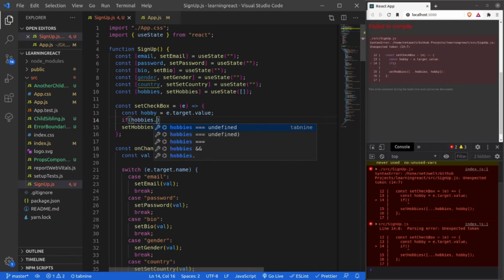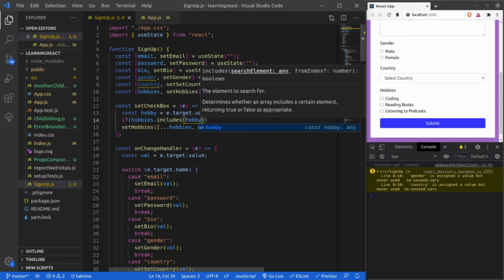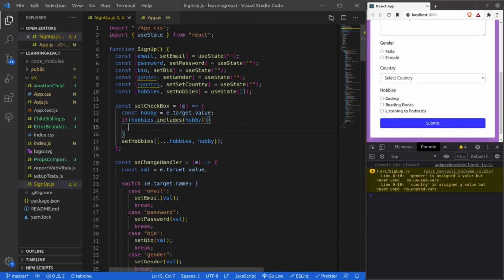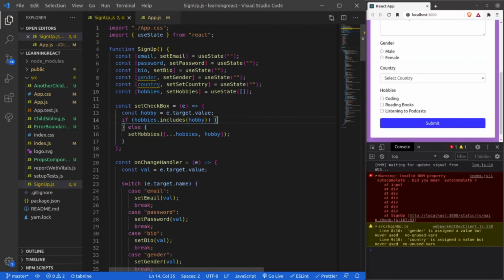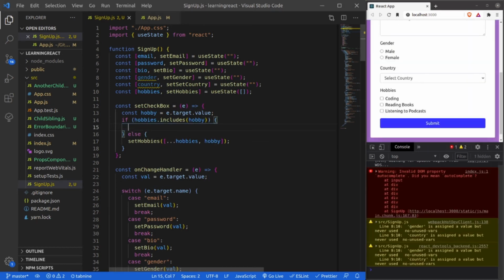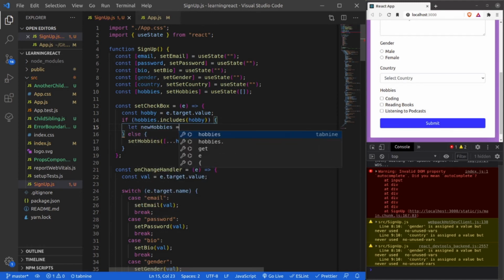If hobbies.includes hobby, so here I'm saying that if it includes the hobby, then what you should do, and if not there, then directly copy it. All right, now let's handle what to do if it is there. I'm going to create another array of my hobbies which is without this selected hobby. So for that let's create newHobbies and add hobbies.filter.